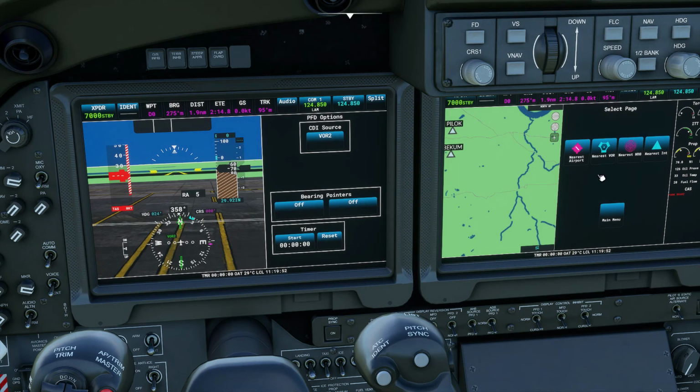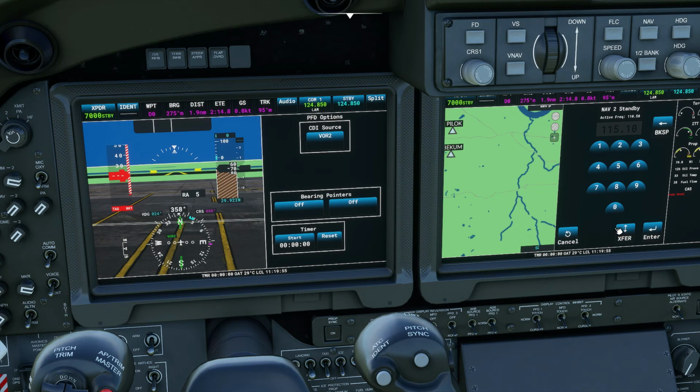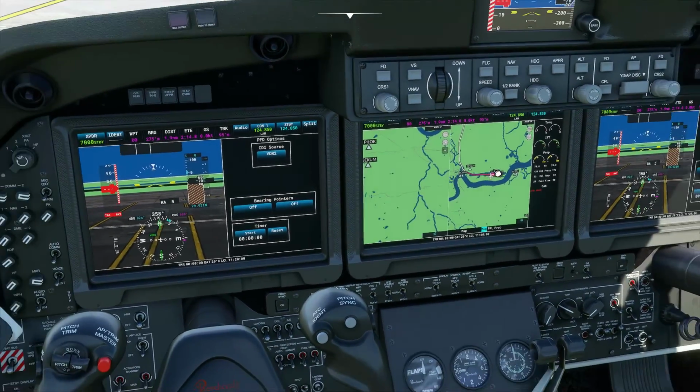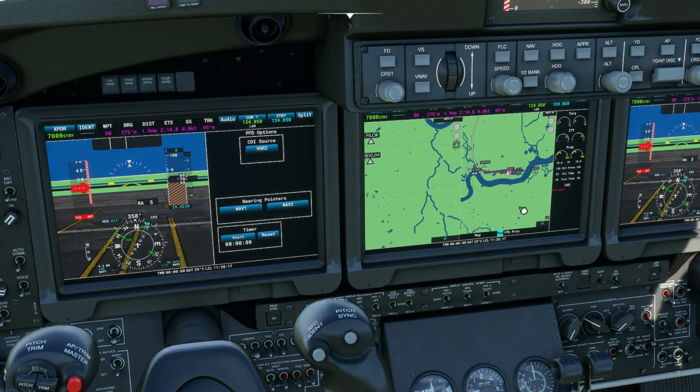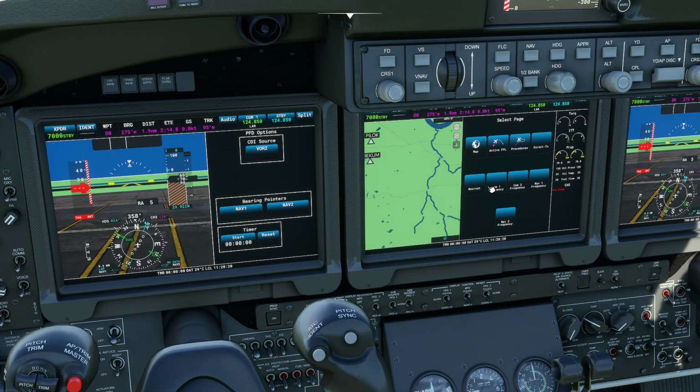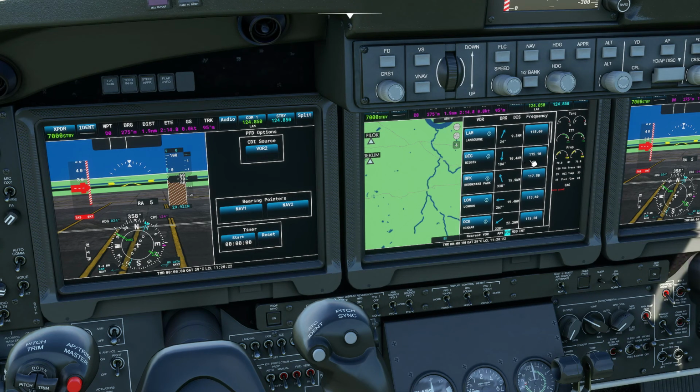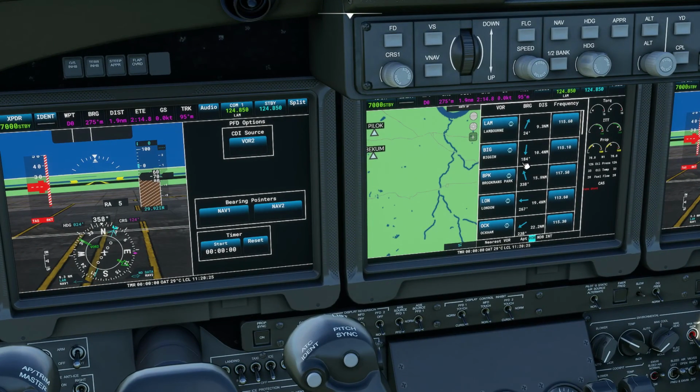Alright, and now let's double check that 115.10. What I need to do is adjust my second course, which is this one over here, to 124. Oh, that's a little bit too much, I guess. That's 124. We can put the bearing, and we are not picking a signal, so let's double check that the frequency is right. Nearest VOR, 115.10. Oh, that's 184. Okay,